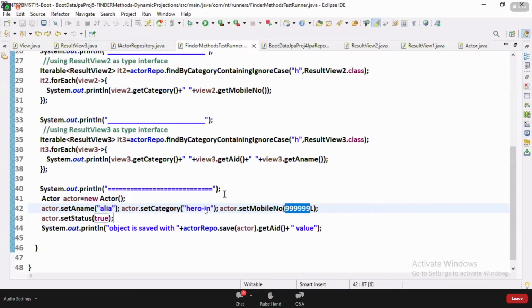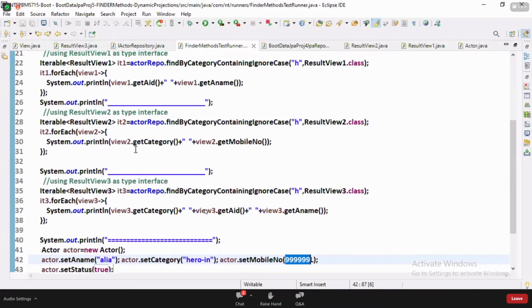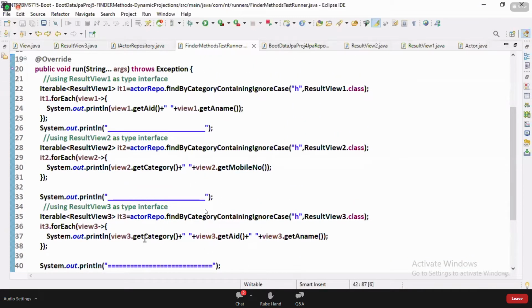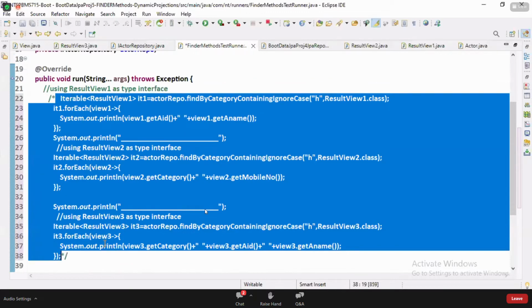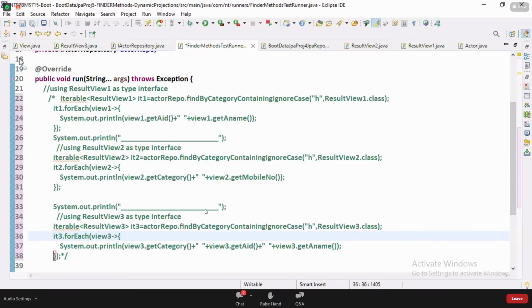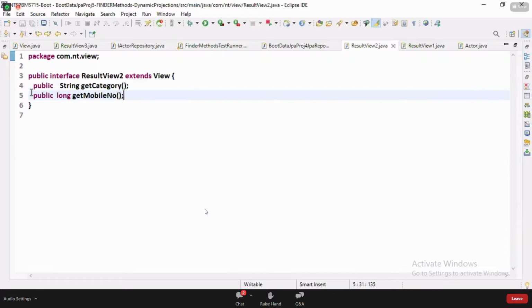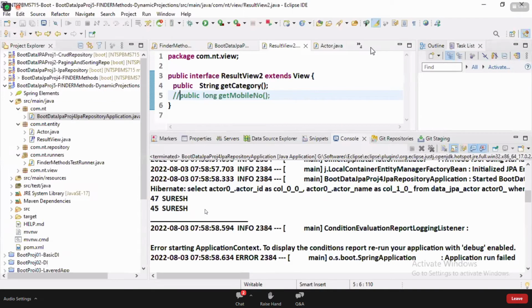These methods are using category and mobile number here and there. In the interfaces we have declared getMobileNumber, don't forget that. Let me comment this. We thought one thing and something else is happening. Fine, let it be.